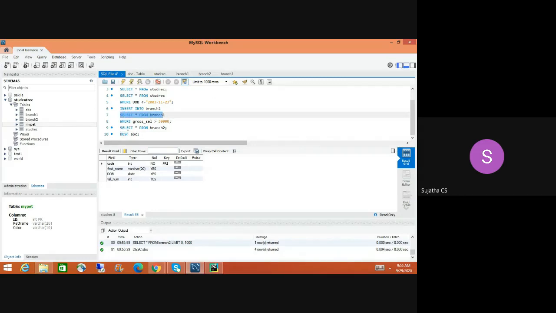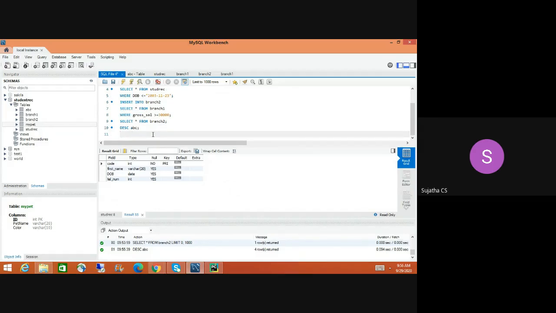Here, describe a table means it will show whatever you have written on the console panel. I always call it the console resultant panel or console panel, same as PyCharm. So this is another command.